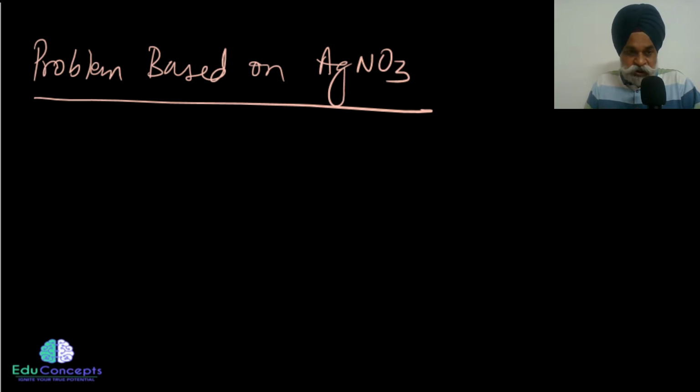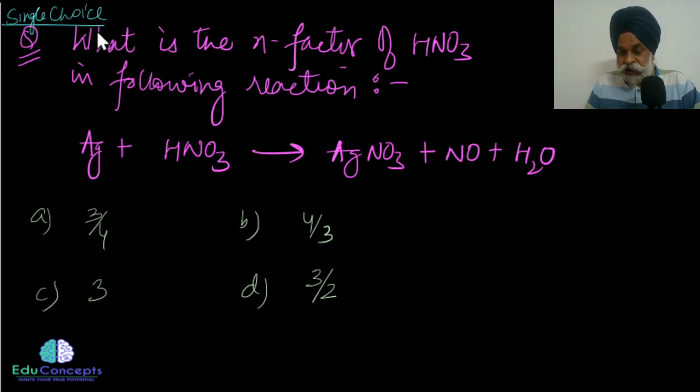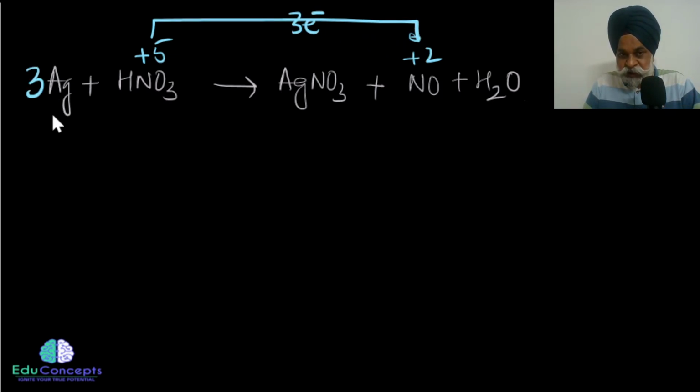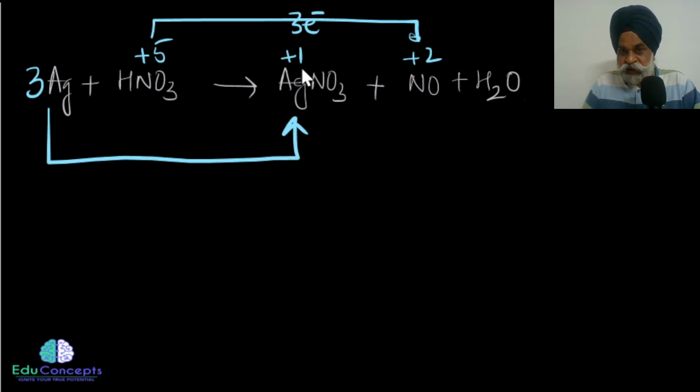Let us do few questions based on it. So first single choice question can be of this type, that in this you are supposed to tell the n factor of HNO3. In this reaction, here they are categorically writing that you are producing NO. So here simple thing, we just have balanced it few minutes back, that here nitrogen goes from +5 to +2. That means it has gained 3 electrons, and somebody has to lose 3 electrons. That is this silver would lose 3 electrons because it goes from 0 to +1. Now to balance this out, what we need here is 4, and consequently you would get this as a final